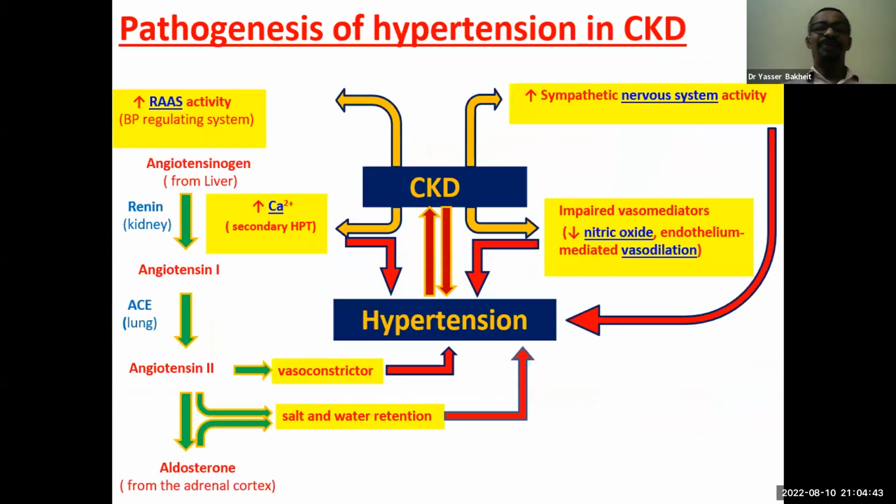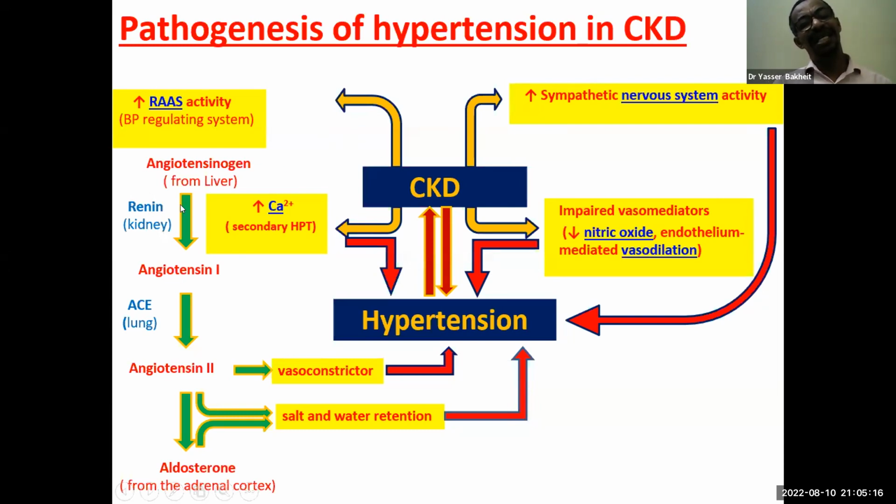The other pathogenesis in chronic kidney disease is hypertension. As you know, hypertension is a main cause of chronic kidney disease, and chronic kidney disease can cause hypertension at the same time. The mechanism of hypertension in chronic kidney disease is mainly activation of the renin angiotensin aldosterone system,